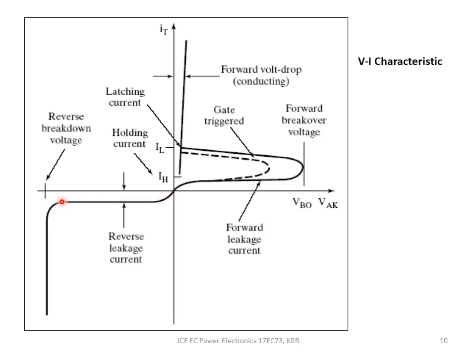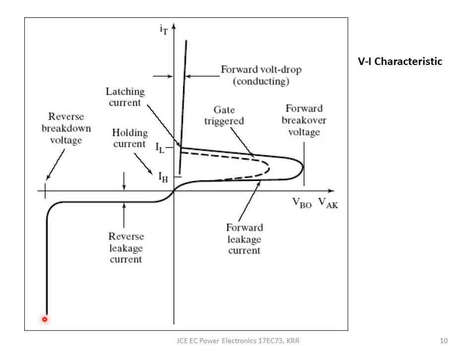When I apply reverse voltage, junction J1 and J3 will be reverse biased, whereas junction J2 will be forward biased. Okay, and that does not allow the current to flow, and what flows is the reverse leakage current. Okay, because of J1 and J3 being reverse biased. And if I further increase this reverse voltage, the device will break down here, and we should never operate SCR in the breakdown.